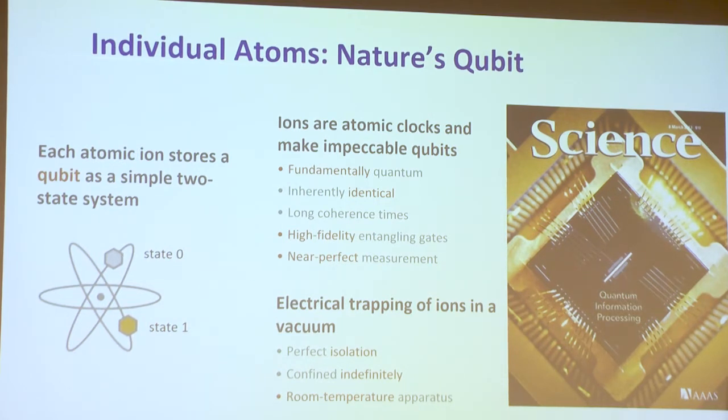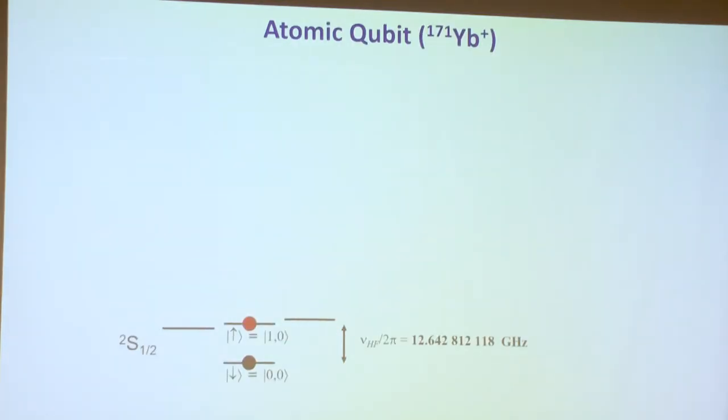And that's why we have these traps to do that. Now, another thing to notice is that these traps can operate at room temperature. And the reason is they're in a vacuum chamber, and so there's very little thermal contact with the room. Now, the atoms themselves are laser cooled. So if you want to talk about a temperature, they are cold, but it's not like there's a surface that we have to maintain at low temperature with cryogenics. That's not necessary here. Okay, so let's dive into the atom. What makes this atomic qubit? Well, what makes an atomic clock? Microwave atomic clocks are always defined by hyperfine splittings in a particular atom.